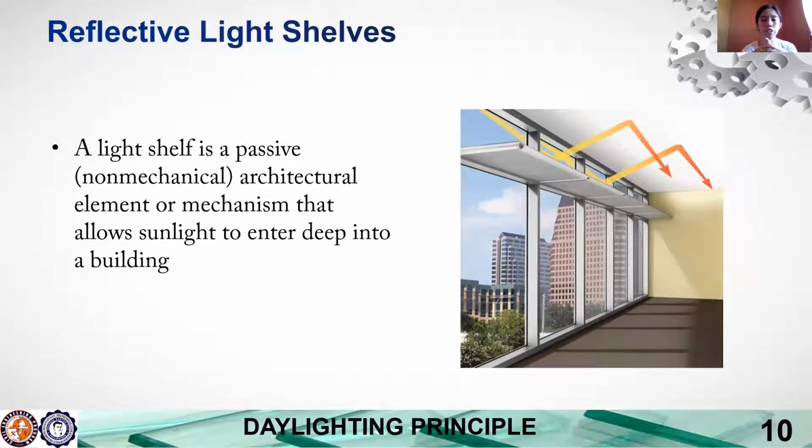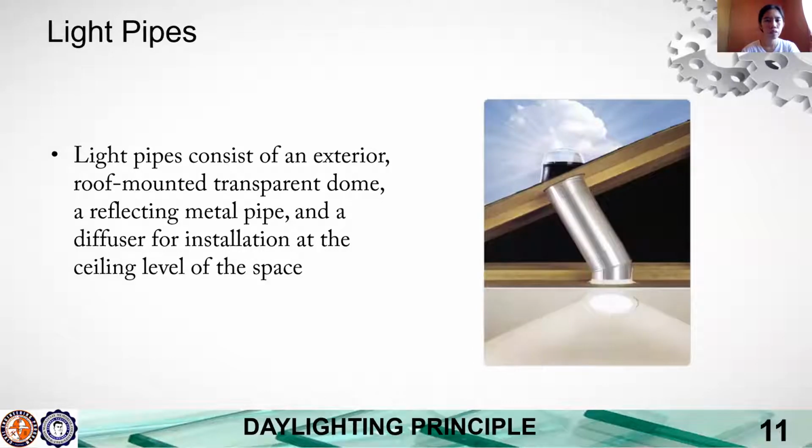Examples include light shelves suspended by stainless cables, fabric light shelves stretched over metal tubes, and assemblies of commercially available components created by ceiling manufacturers. So this one is the example of reflective light shelves. So next we have